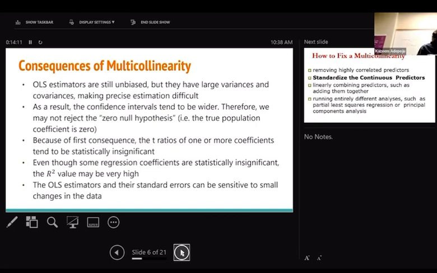The reason is that the variance is very large, and that affects the standard error. When the standard error is very large, the t-value will be very small, and when the t-value is very small, the p-value will be very large. And when the p-value is very large compared to the level of significance, you're going to fail to reject the null